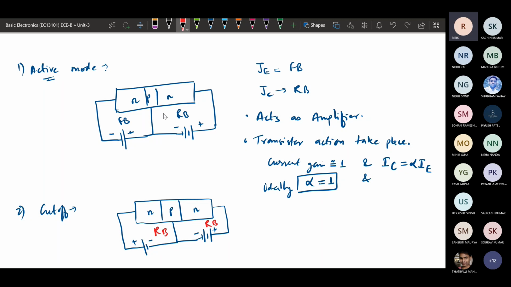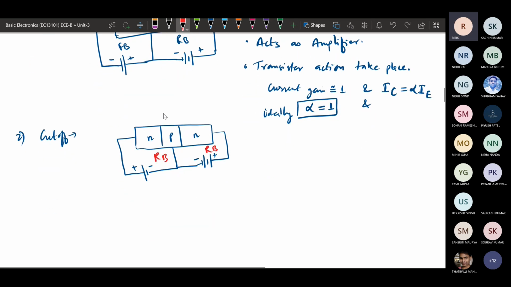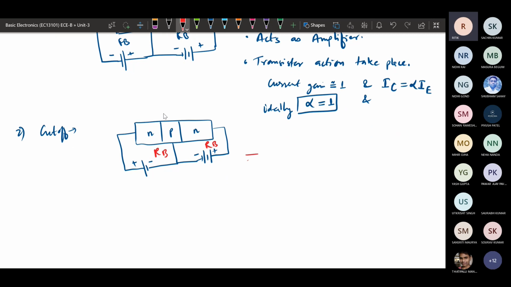So when both the junctions are reverse bias, in that case, when a diode is reverse bias, I've considered only this diode. If this diode is reverse bias, it will be behaving like an open circuit, and this diode is also reverse bias, so it will also be behaving like an open circuit. So overall its equivalent circuit we can write is an open circuit.